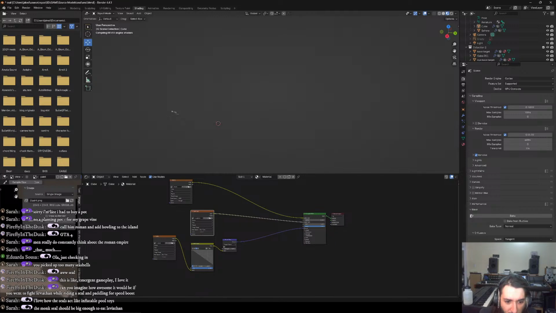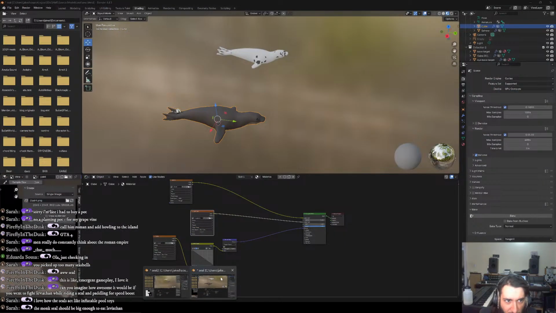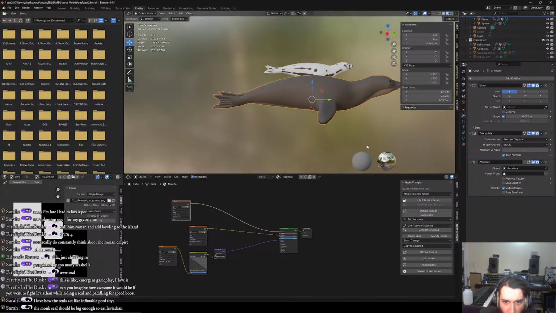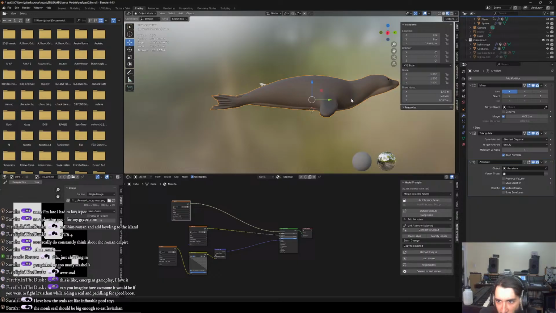So this is seal. Seal 2. Oh. What? They're the same. Did I just accidentally... Why do I have 2? Okay, so this is 994 polygons, and this one is 982. So it looks like we're going with seal 2, because that's probably the one I made later. Yeah, alright, so it is 2.75 meters. Although...